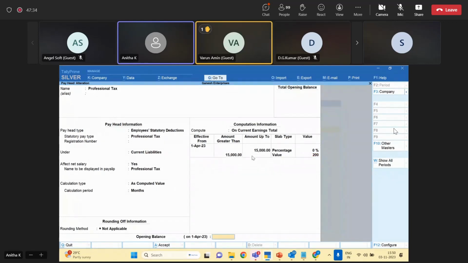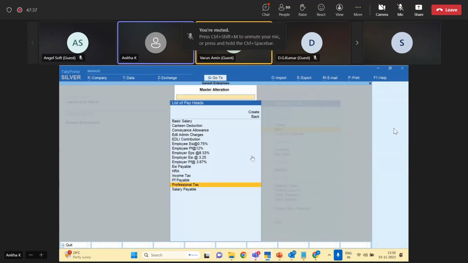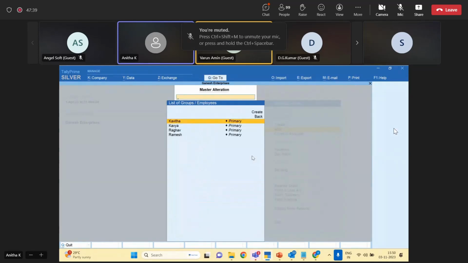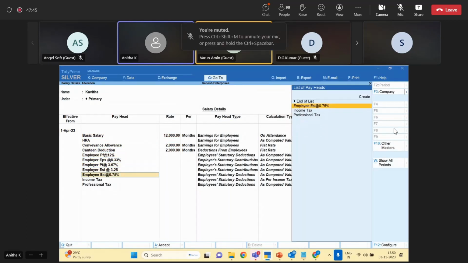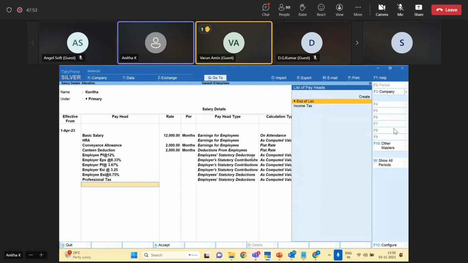Once you complete this, you have to add these pay heads to the employee salary as well. So you will be adding ESI of employer and employee, right? And then professional tax should be added. Income tax we'll add later. So each employee,